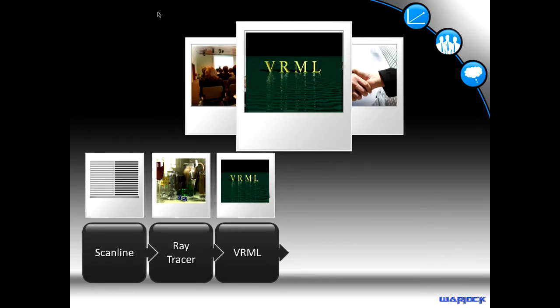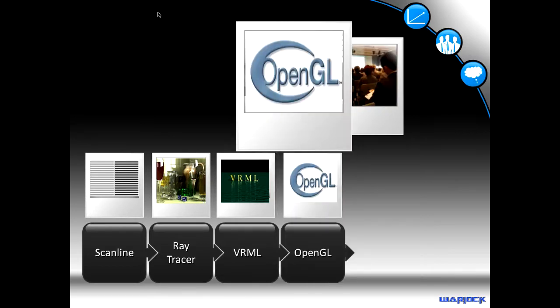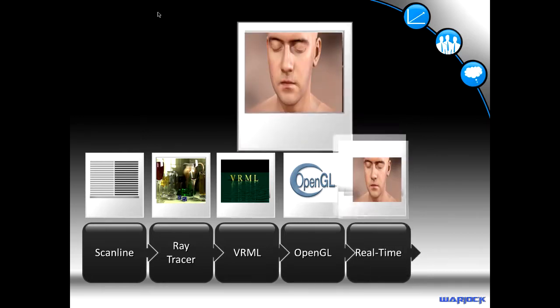VRML is Virtual Reality Modeling Language, or real-time rendering. OpenGL, Open Graphics Library, is a standard specification defining a cross-language, cross-platform API for writing applications that produce 2D and 3D computer graphics. The interface consists of over 250 different function calls which can be used to draw complex